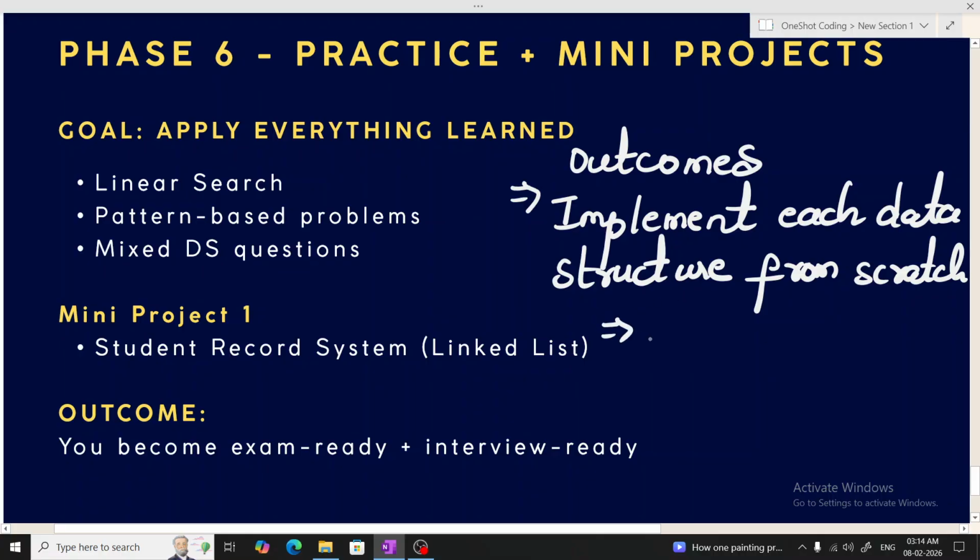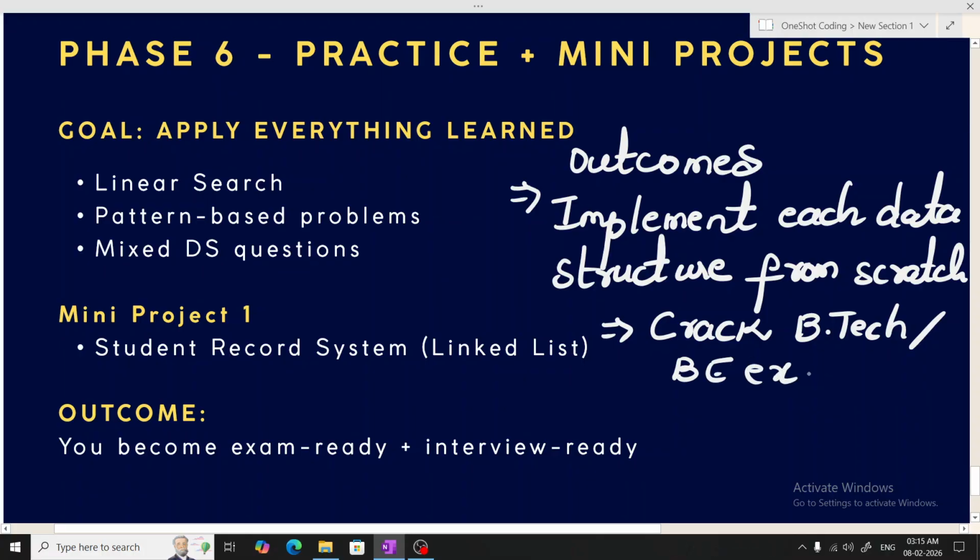Then you will crack your B.Tech or BE exams with very good marks, and it will also help you for placements,